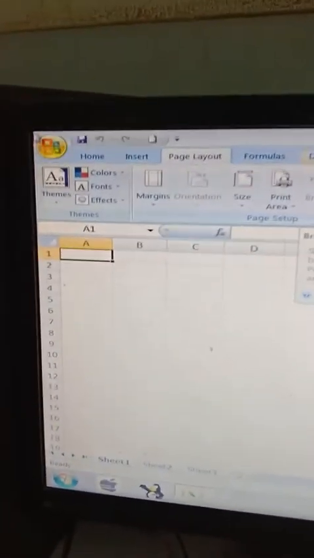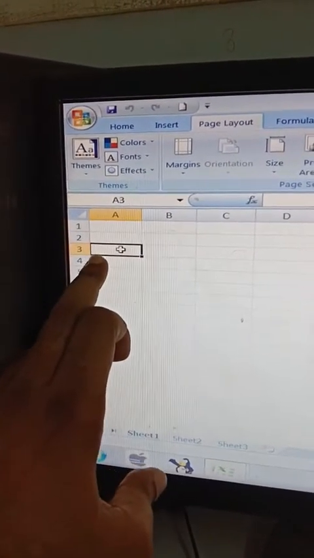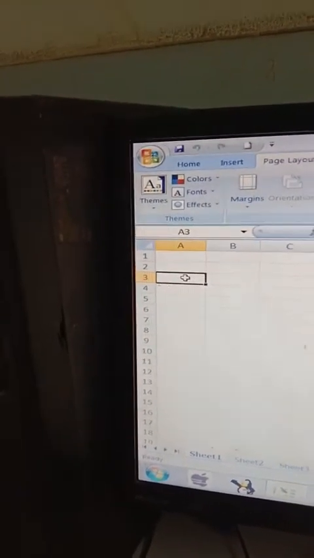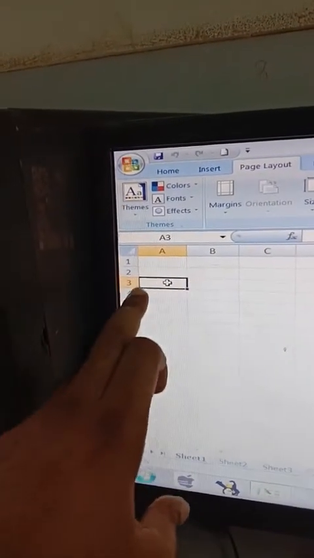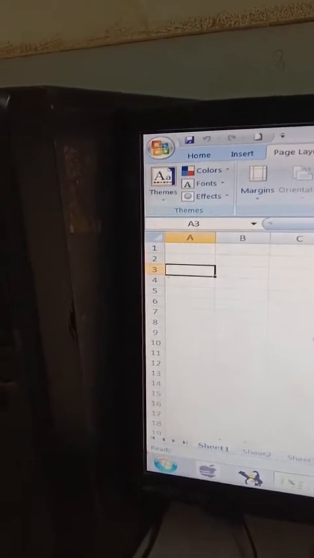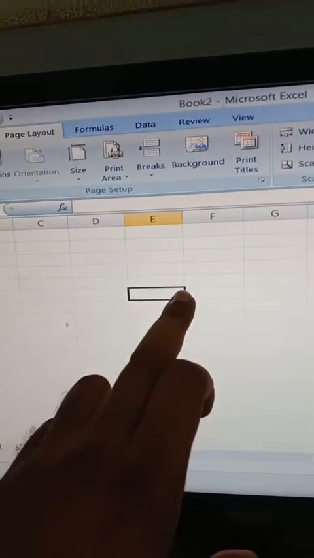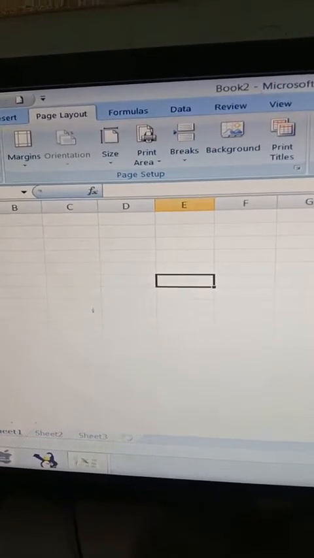Entering the data. So how can we enter the data in a workbook? In order to enter the data, just left click where you want to enter the data. Suppose I left click over here. The rectangular box that appears before us is also known as the cell pointer box. So whenever we click anywhere in a cell, that rectangular box appears. Like I left click over here, and look, the cell pointer box appeared over here. So now this is the current active cell. Wherever the rectangular box appears, that cell will be the current active cell.